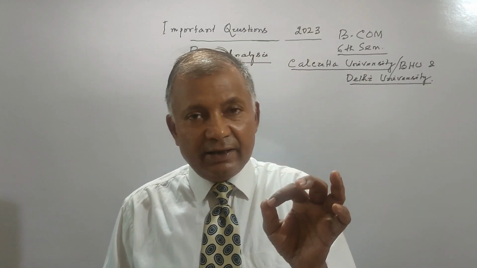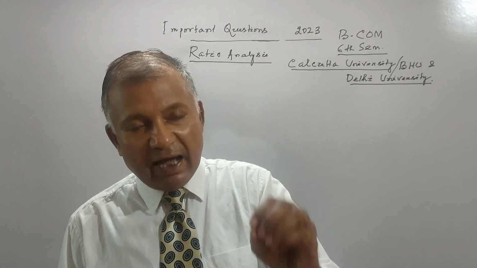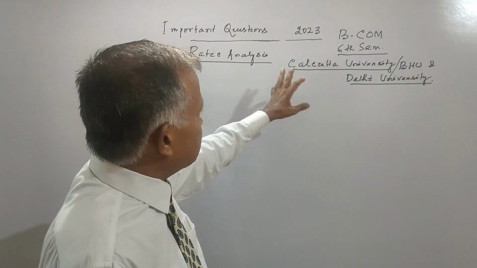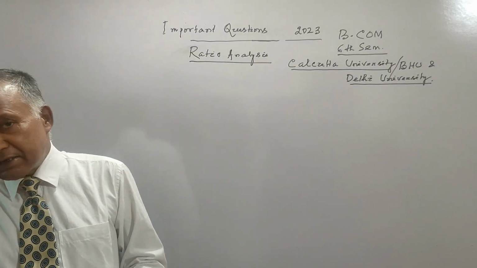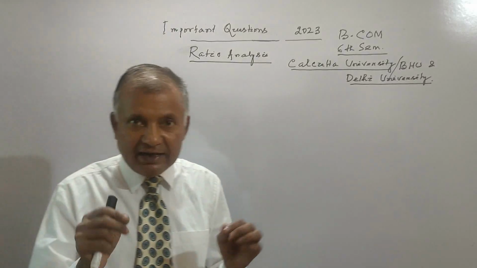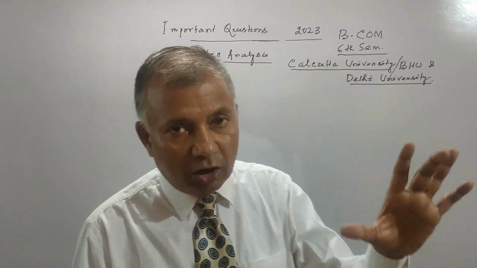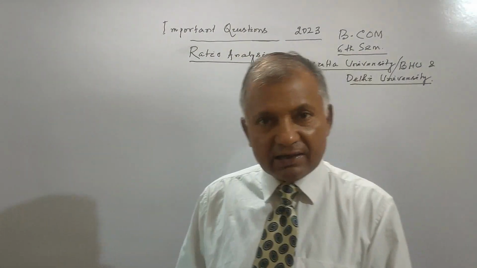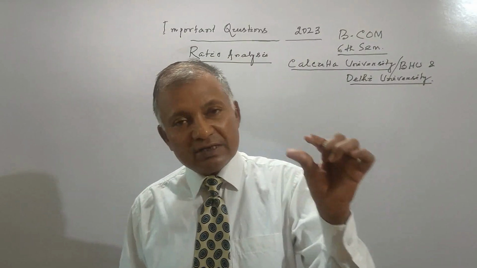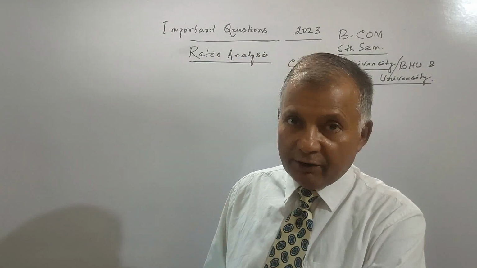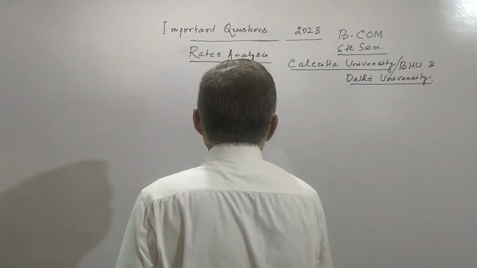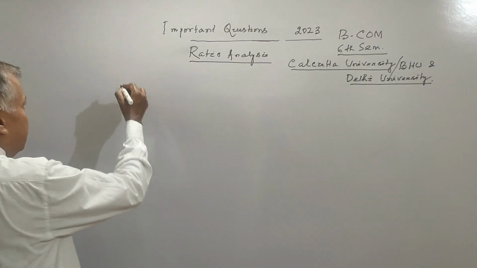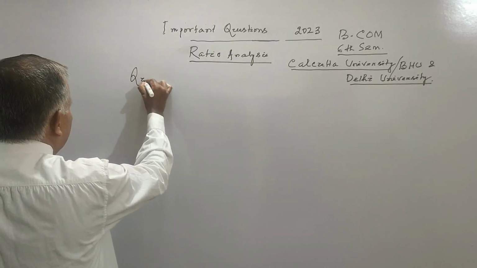They ask 20 marks from ratio analysis, and generally they ask one long question of 15 marks, and another question, either theory or short question, of 5 marks. So the question distribution is